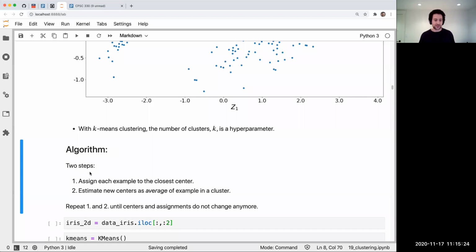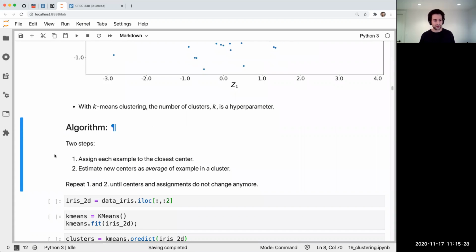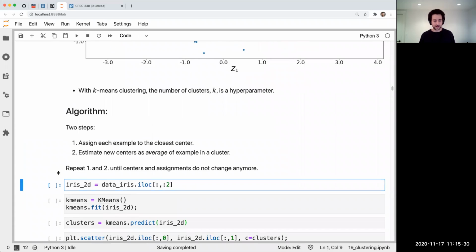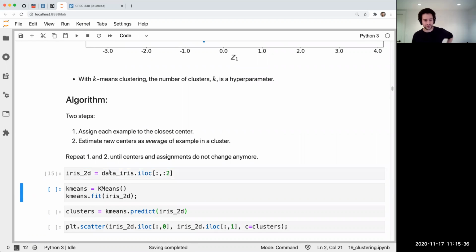Yes. So the algorithm for k-means clustering, actually, I don't really want to talk about it. Yeah, let's just keep going. Okay, so in scikit-learn,